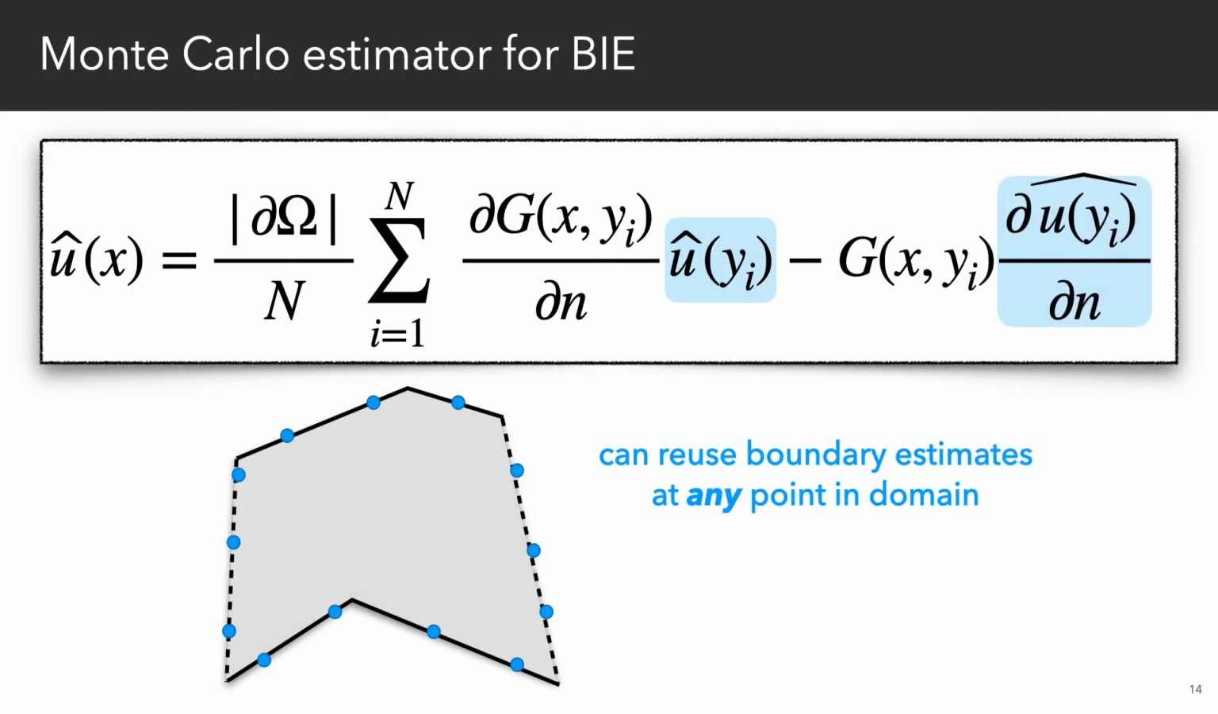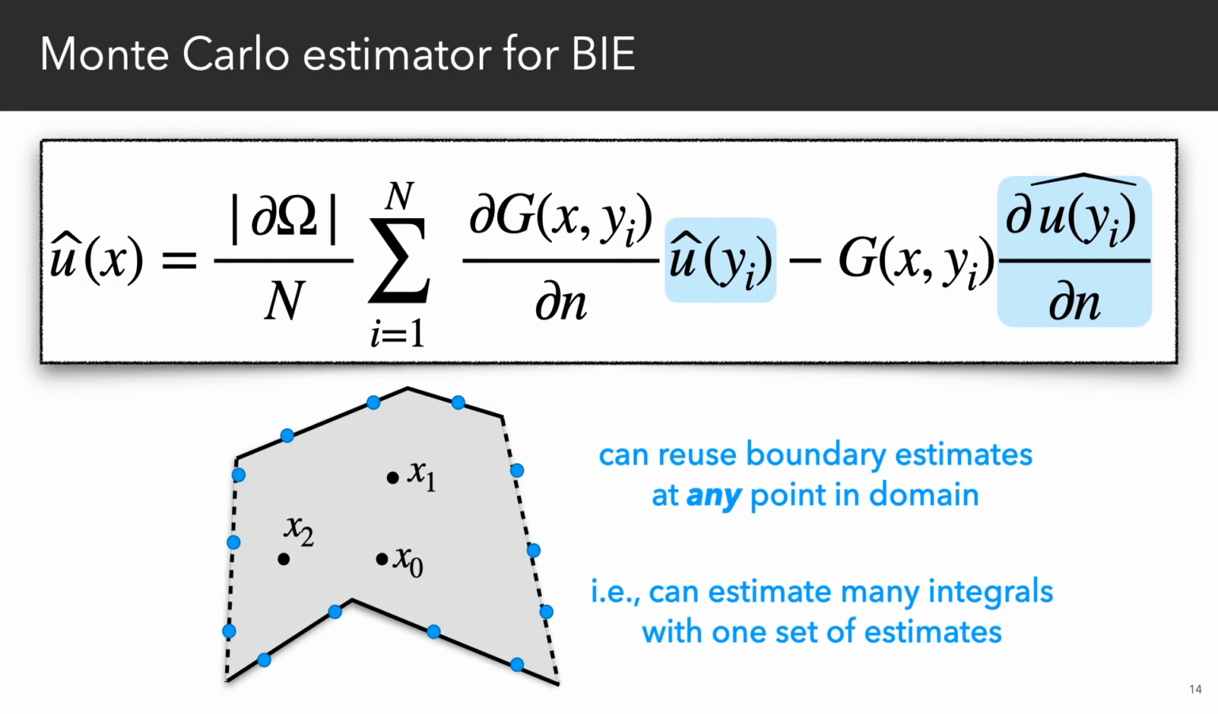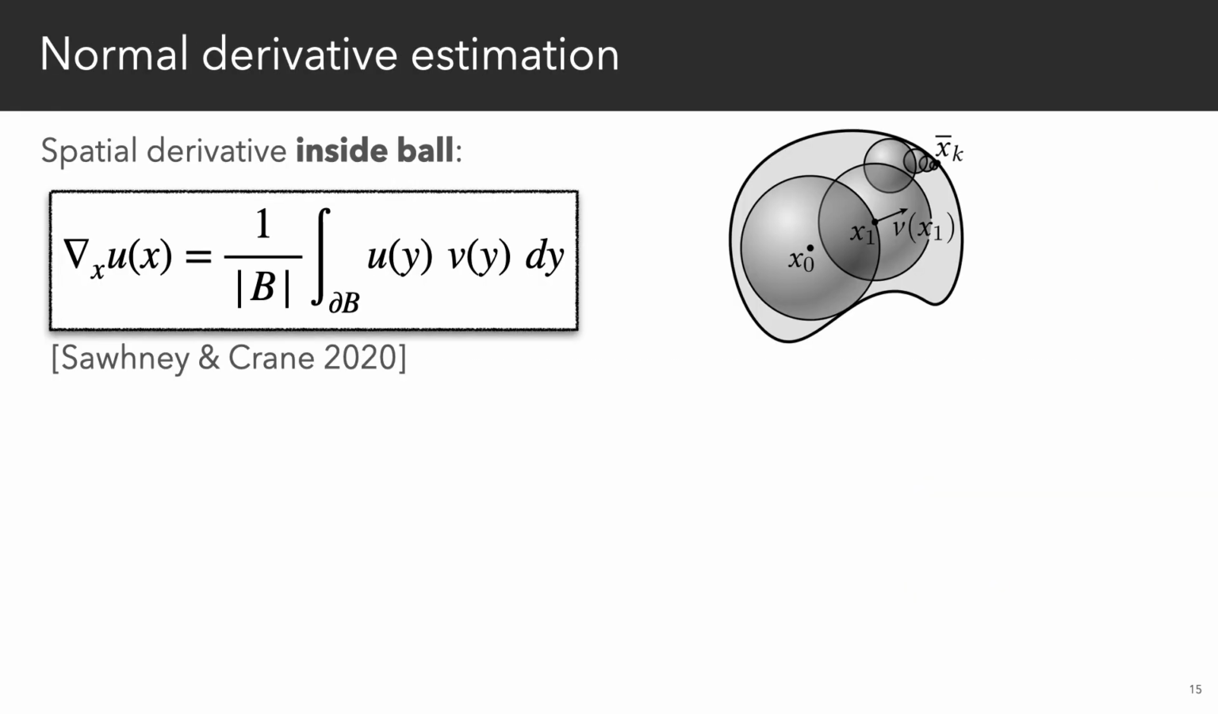So here's the interesting part. Once we have estimates for these quantities, we can reuse them across any evaluation point x in the domain. Nothing stops us from using the same set of boundary samples to estimate more than one integral in the domain interior. To compute the normal derivative, we estimate the spatial gradient of u using another mean value-like relationship over a